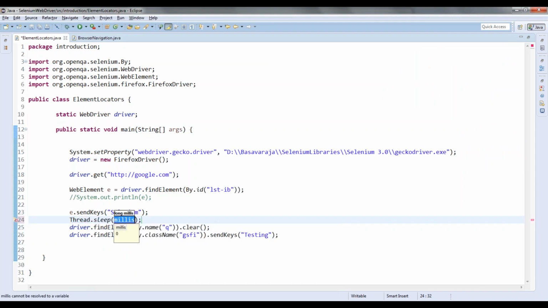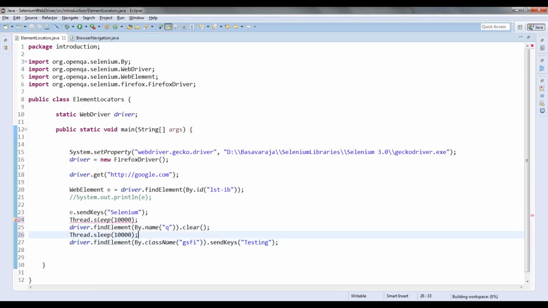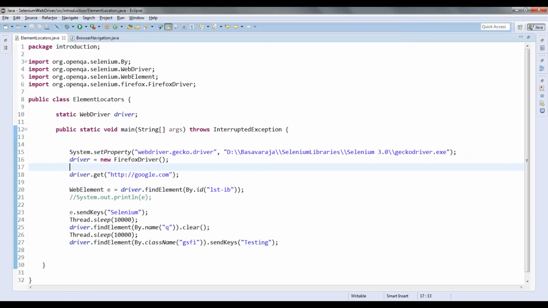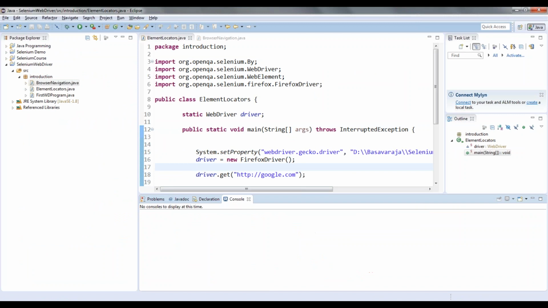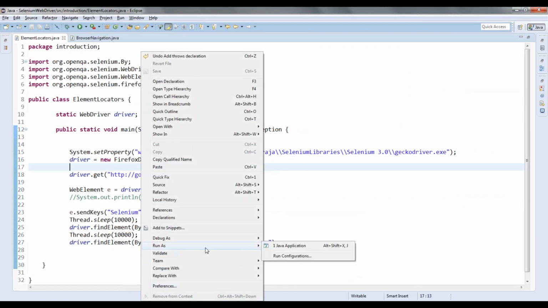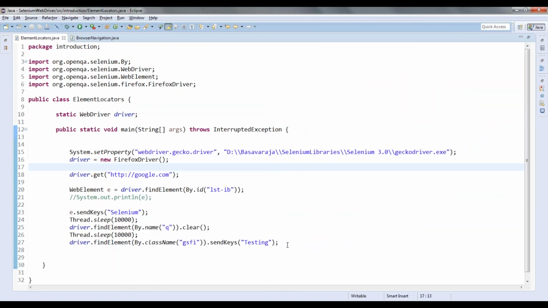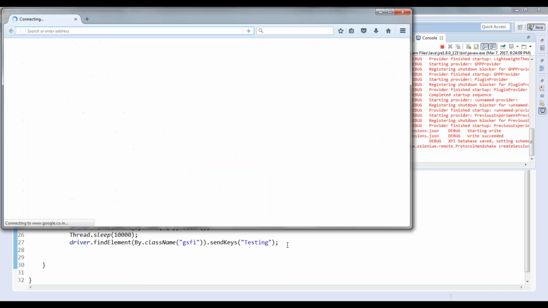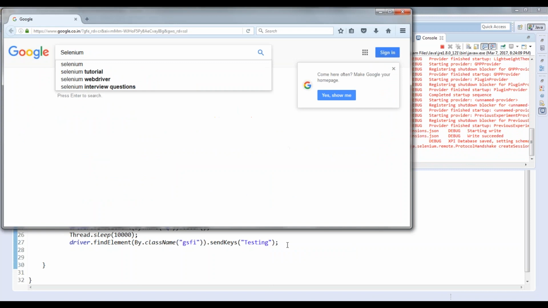Sleep. Okay, some 10 seconds I will give so that there is a delay, sufficient delay. Let us run this again. Now it will clear that.